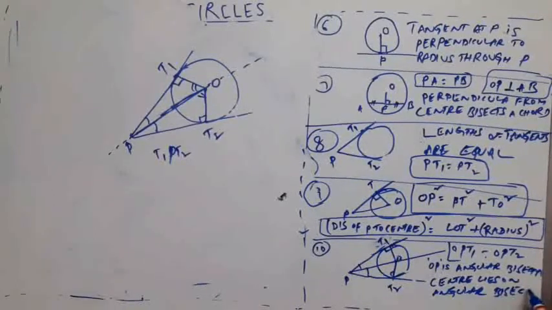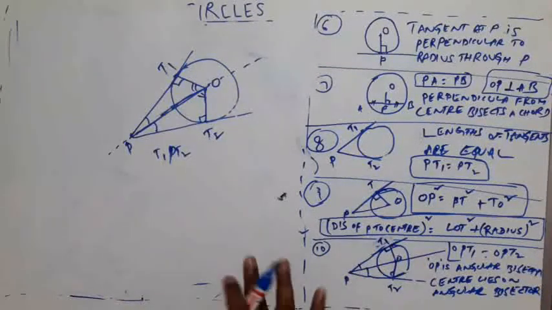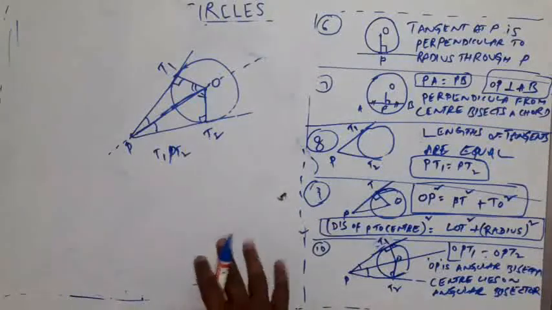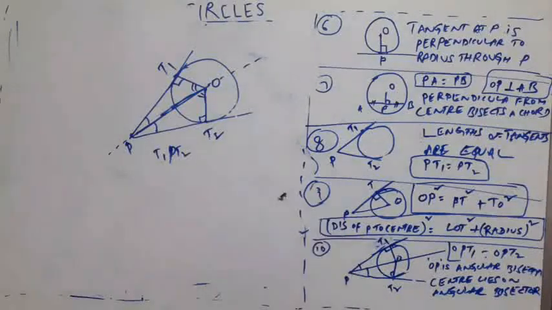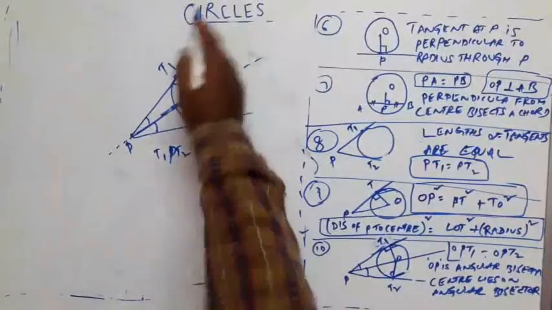This point also you will come across while solving problems of the exercise. This is the 10th point. We have discussed 5 points in the first video of basics of circles, and in this second video we have discussed 5 more points. With these 10 points we can conclude that the basics are over. We can go for the exercise. Thank you.